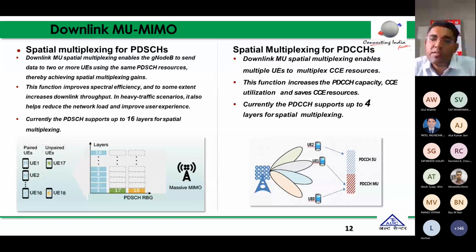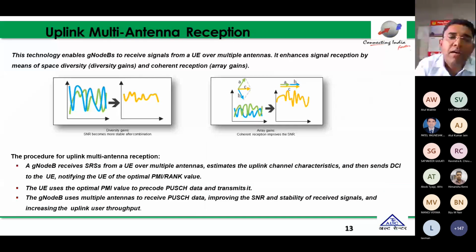The 4 layers PDCCH, what are the advantages of this? Control channels are specially allocated the same frequency and time domain resource. It increases the PDCCH capacity and also the control channel element utilization and saves the CCE resource. Right. This one is the concept in the multi-user MIMO in the downlink direction, and the same uplink multi-antenna reception concept